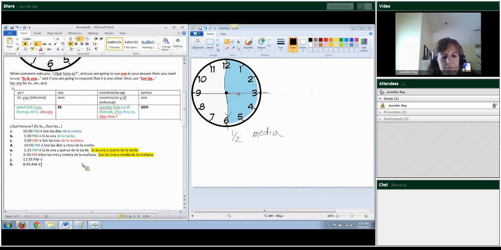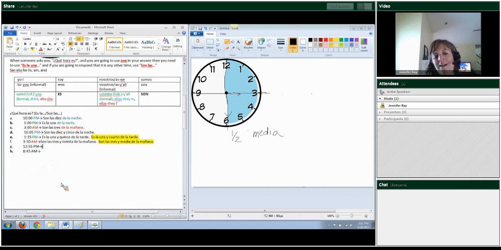Okay. Then down here, it's 12:55 p.m. Now you could go ahead and say it's 12 and 55 minutes, but it's more common to say it's the next hour. So if it's 12:55, it's almost 1. And even though it isn't 1, because what's going to come out of my mouth or what I'm going to write on the paper is 1, I'm going to treat it as if it were 1 and say "es la una." But it's not really 1. It's a little bit before 1. So I can't do what I did before where I was putting "y," because it's not 1 and something. It's 1 actually minus something. So I'm going to say "es la una menos,"